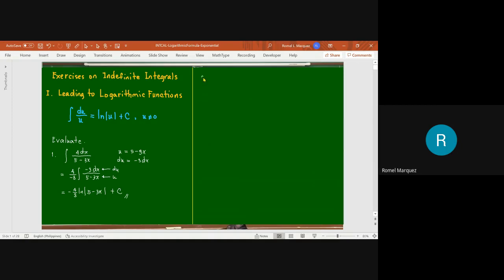Let's have number 2. We have the integral of 3x to the third dx, over 4 plus 5x to the fourth. What about this? So again, let's see if the denominator is our u. If u is equal to 4 plus 5x to the fourth,